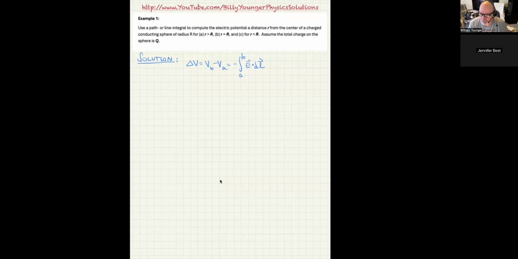What we have here is a sphere. I'm going to draw it in a coordinate system just so we'll have something to think about what's going on here. Whoa, that was weird. So let's do this. Okay, so this is our coordinate system. This is my x-axis, this is my y-axis, and this is my z-axis. Not that that really matters very much.